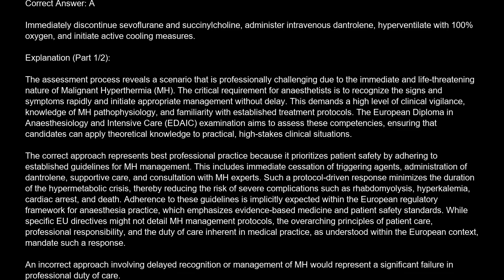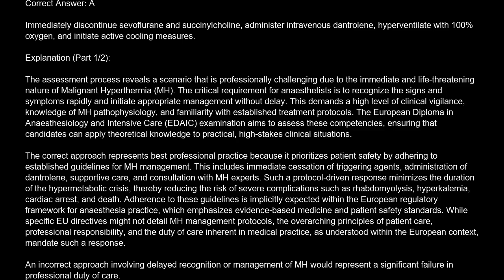The correct answer is A. Immediately discontinue sevoflurane and succinylcholine, administer intravenous dantrolene, hyperventilate with 100% oxygen, and initiate active cooling measures. Explanation. The assessment process reveals a scenario that is professionally challenging due to the immediate and life-threatening nature of malignant